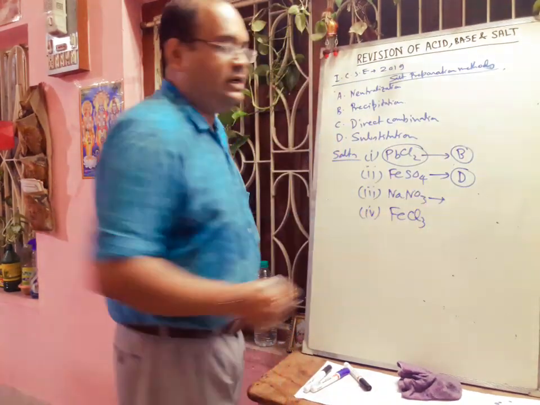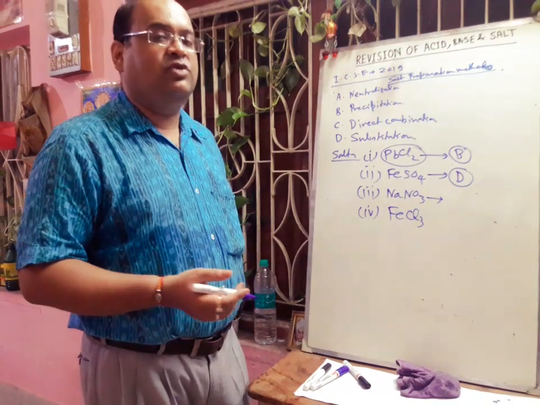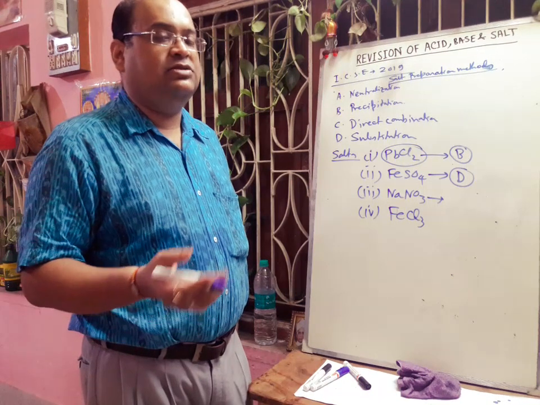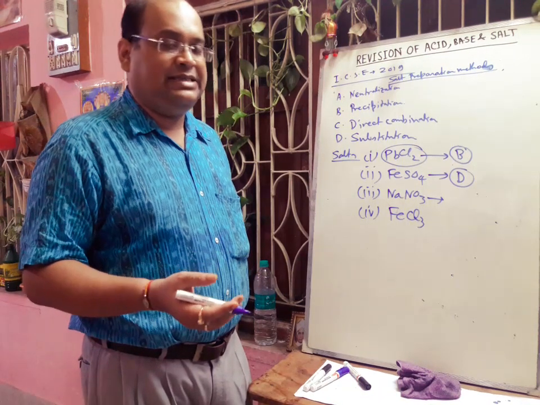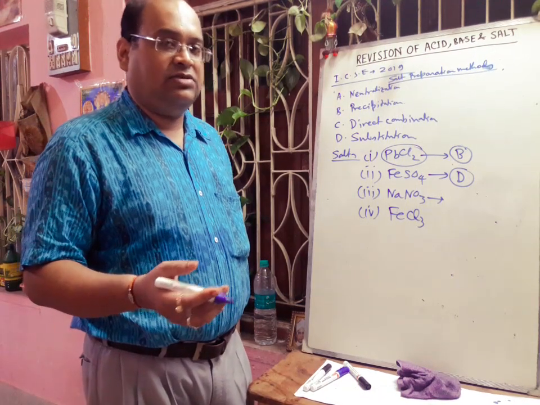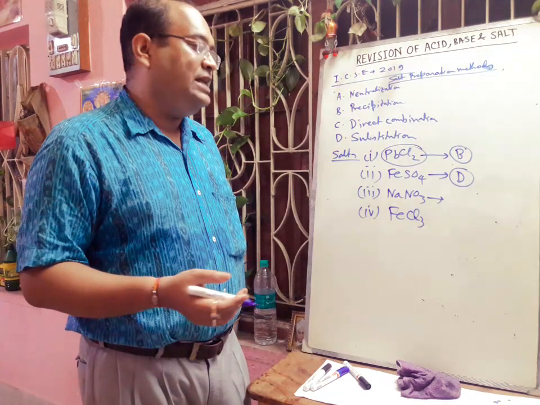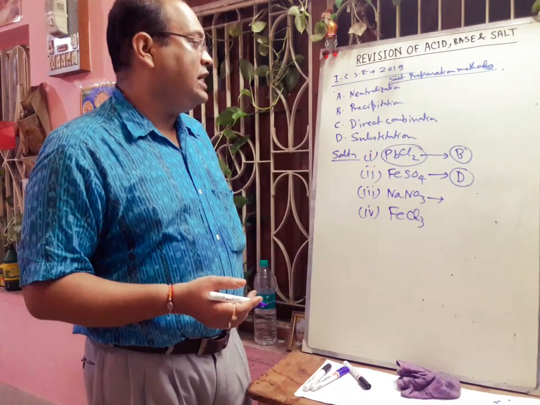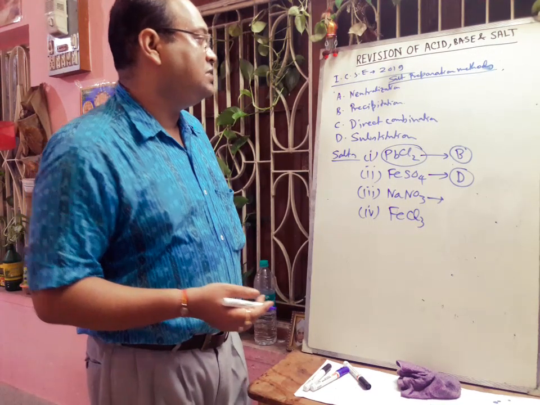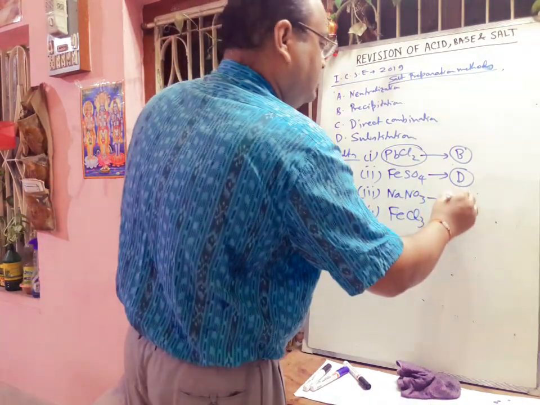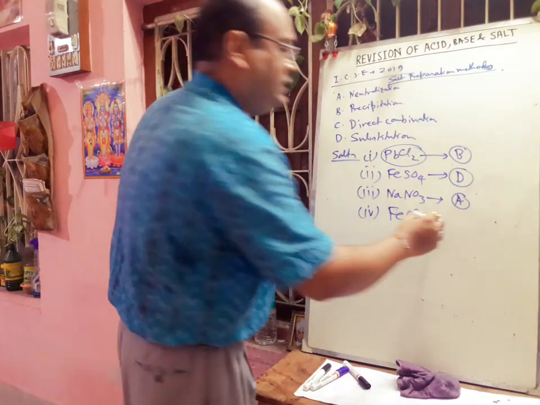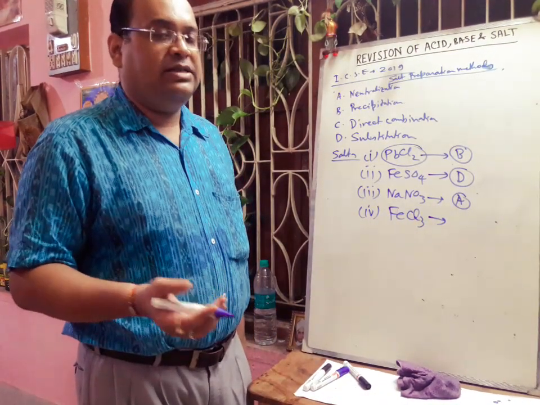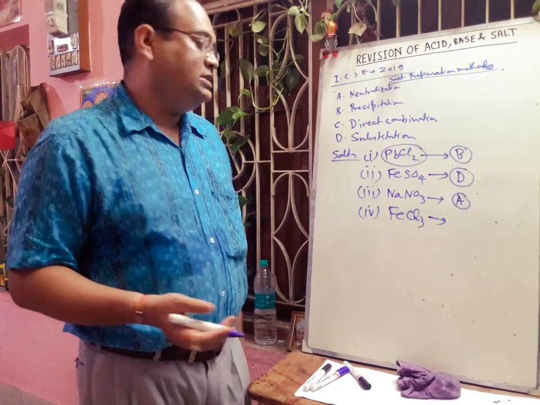And sodium nitrate we can easily prepare from sodium hydroxide and nitric acid. Sodium hydroxide is a water soluble base, an alkali, and nitric acid is a water soluble acid. So we could apply the titration method here. But titration is not an option, so neutralization method is there, so we have to write the neutralization method. So A, neutralization method.